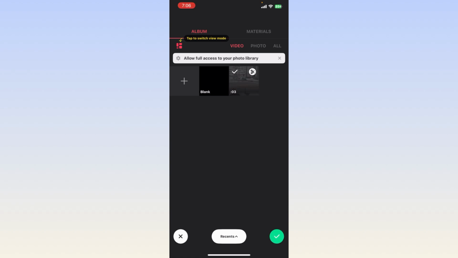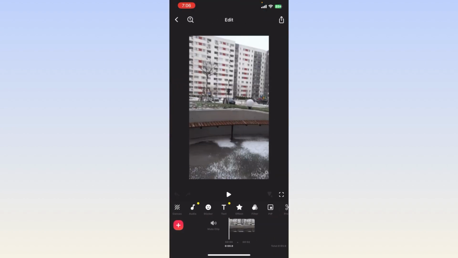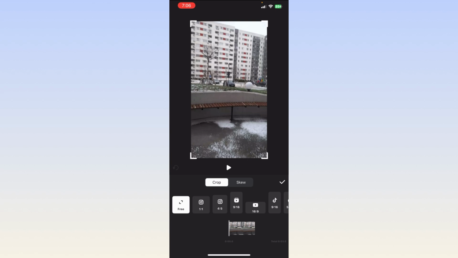Once you select the video, you can see there is a green button at the bottom right corner of this section. Just tap on it and make it done. Once you do it, you can see there are lots of tools shown on the screen. Just slide to the left, and you can see there is a crop option in here. Just tap on that crop option, and once you do it, you can simply zoom in your video from